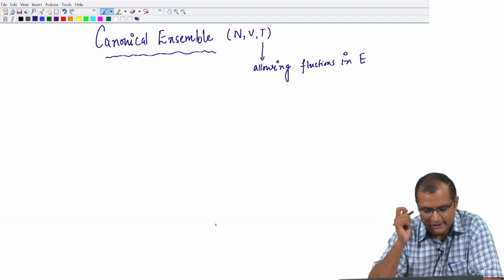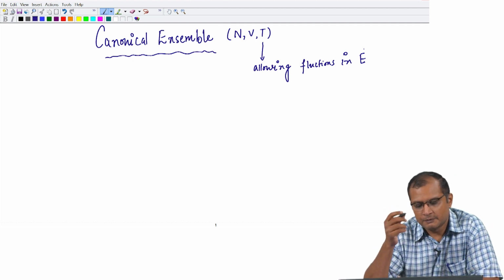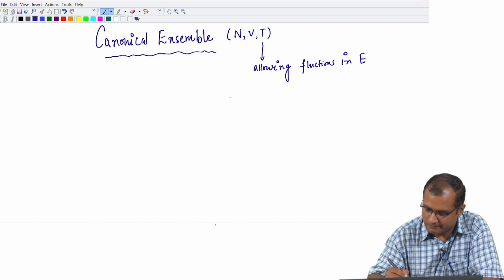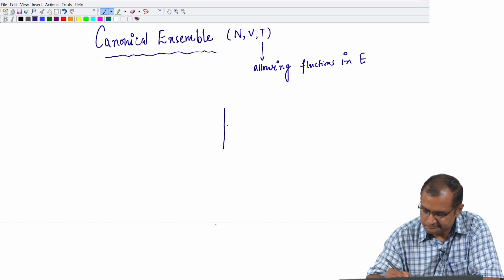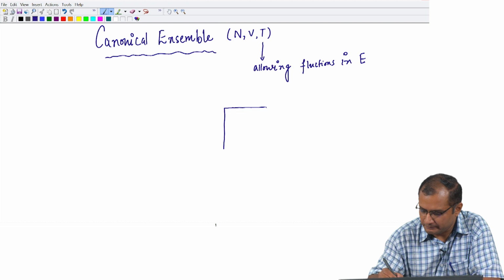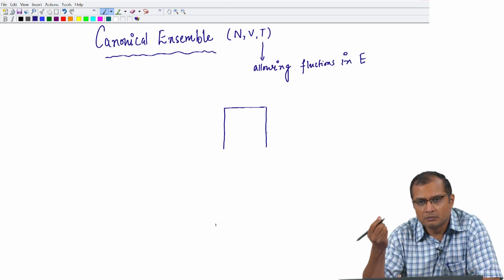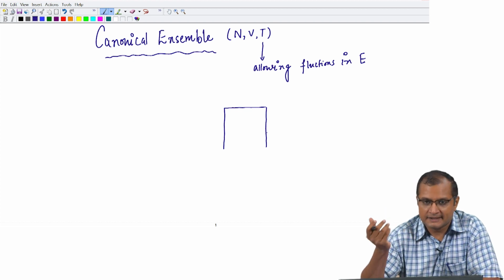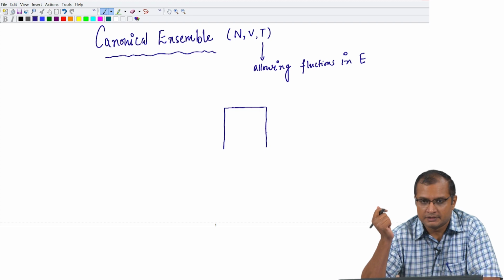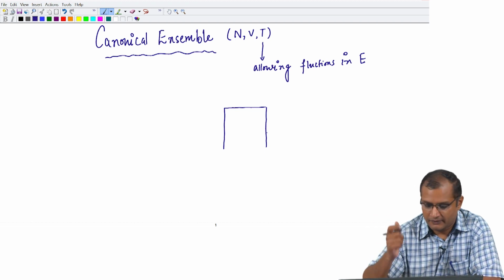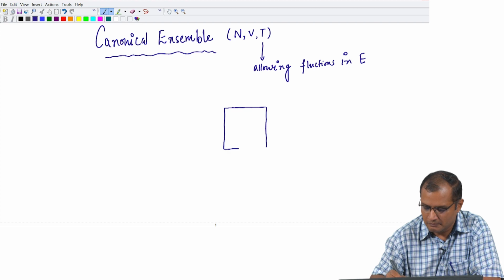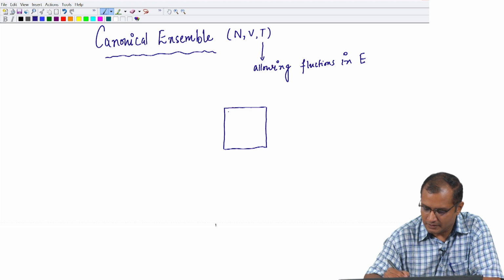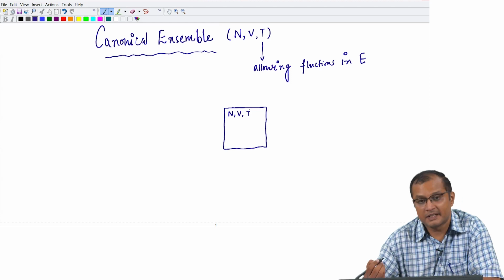And just to help you understand, I will draw a schematic diagram of a system in contact with a heat reservoir, such as this room where I am sitting and the temperature is comfortably kept to 26 degrees centigrade by the thermostat, which is the air conditioner. So, let us say this is our room and I am calling this our system at constant N, V and temperature T, which is maintained by a reservoir,